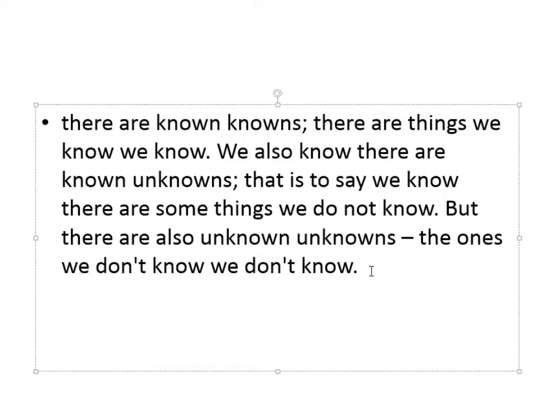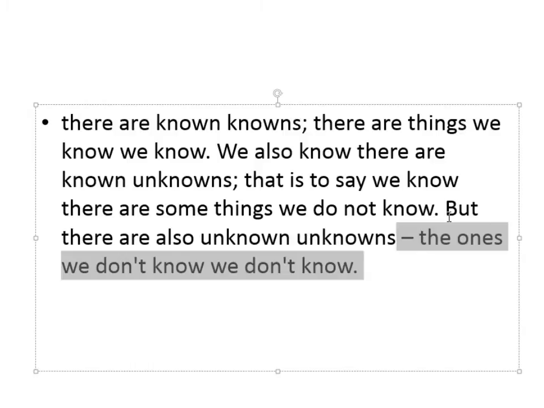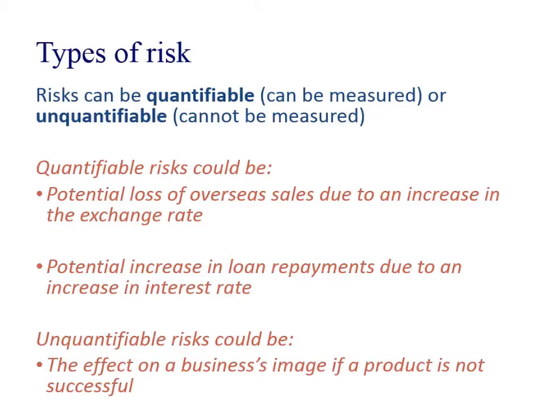I know it seems like a bit of a riddle, and people did make fun of him when he did the speech because they said it didn't make sense, but it actually is quite logical. These are the things that are risks, but you're not even aware of the risks, so they're unknown unknowns, so you don't even know that something kind of risky could happen. But that's a nice way to think about some of the risks that occur. So things that are very measurable, quantifiable, things that are unquantifiable, and then there are the risks that you're not even aware about, and that's where that phrase "ignorance is bliss," I suppose, comes from.